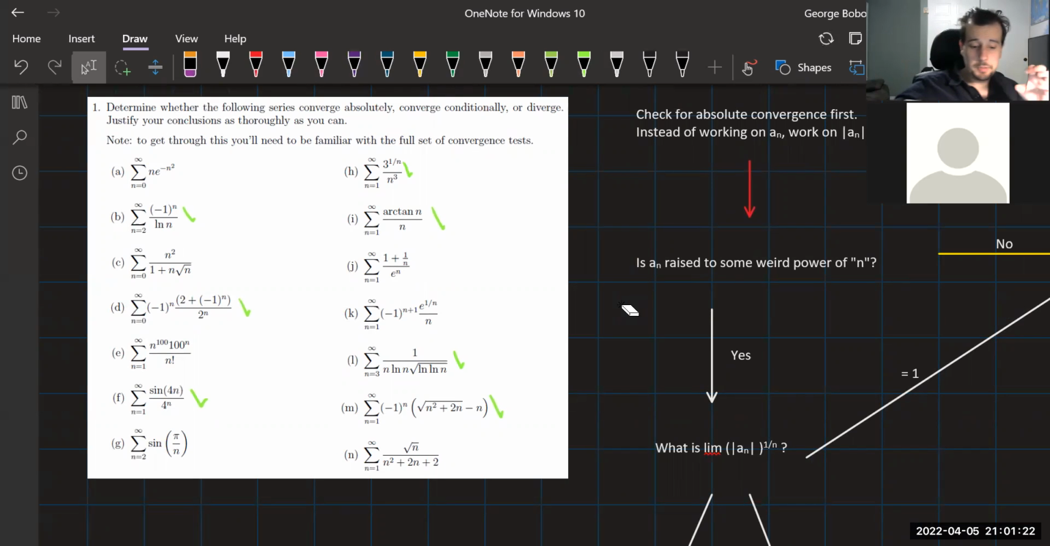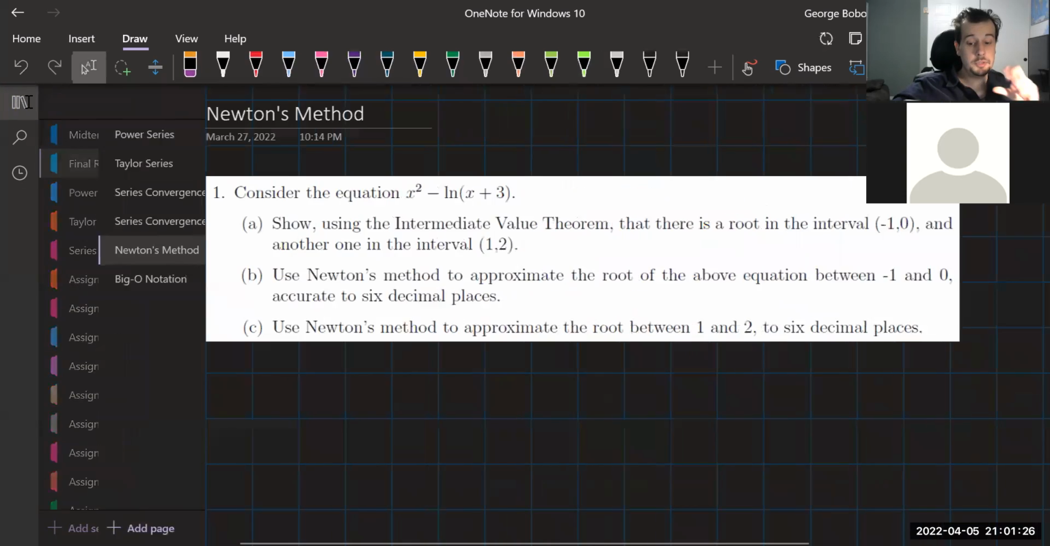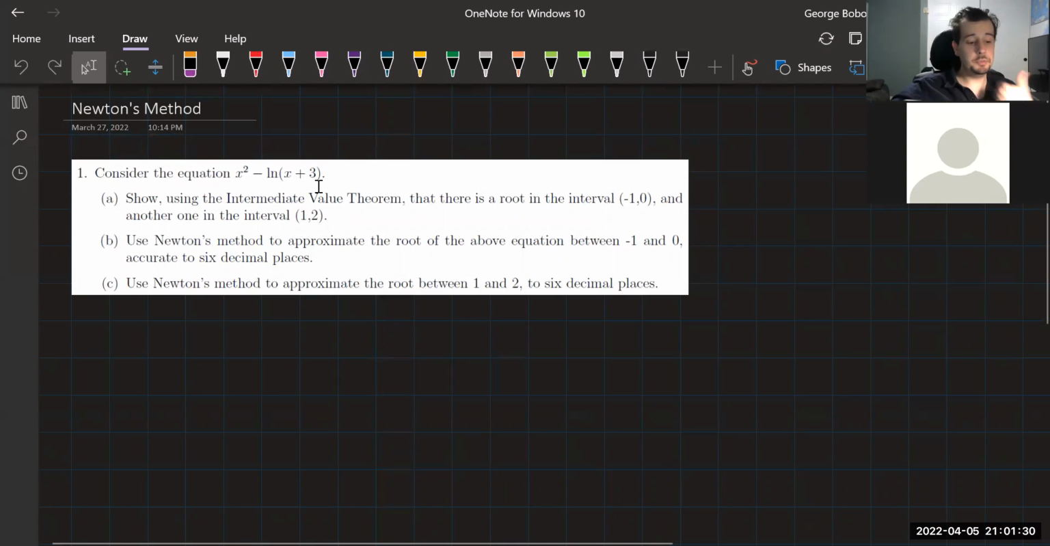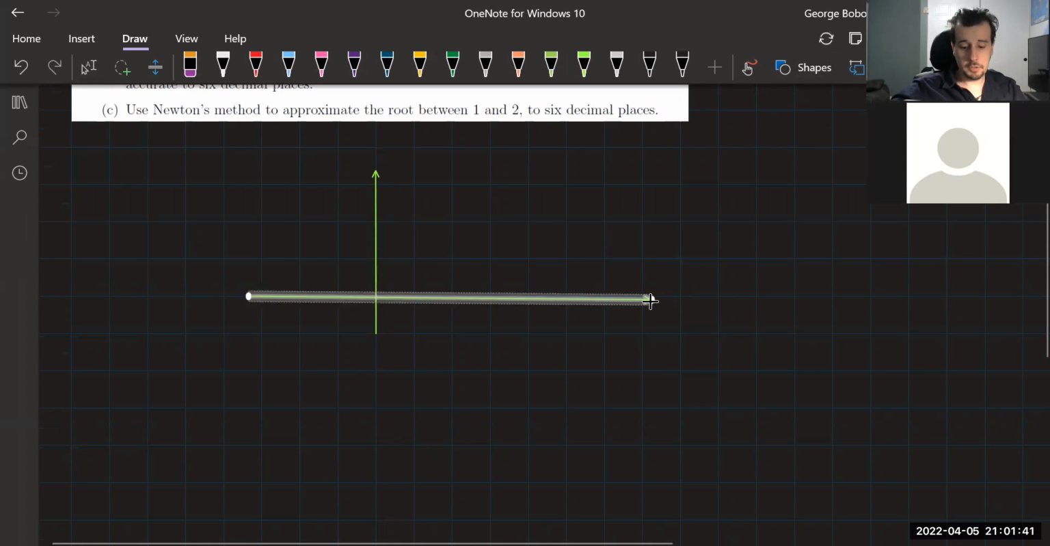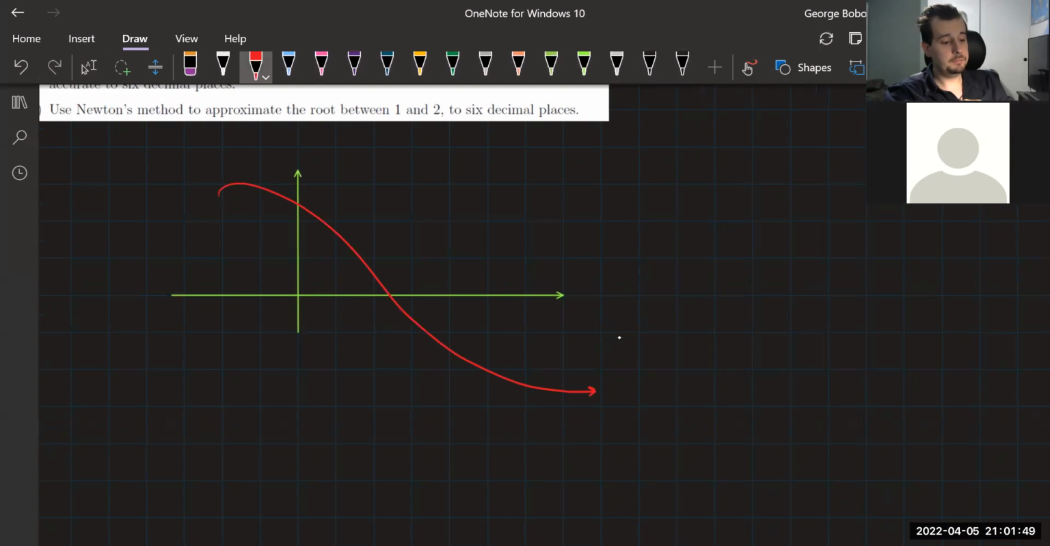All right. So for the last bit then, let me show you Newton's method, because that's on your test, and the intermediate value theorem and all that stuff. Do you remember what the intermediate value theorem says? No. Okay, good time to review. So basically, if we have a function that has a root right now, okay, right there,